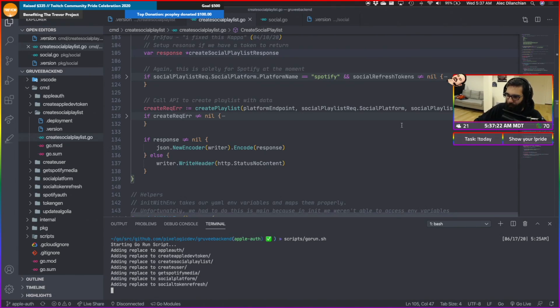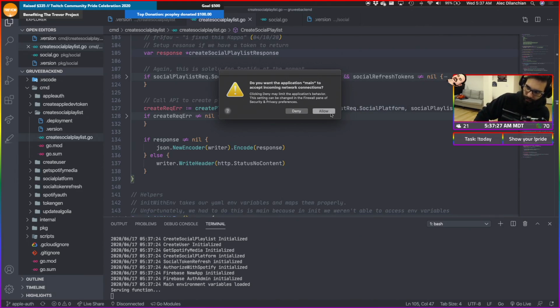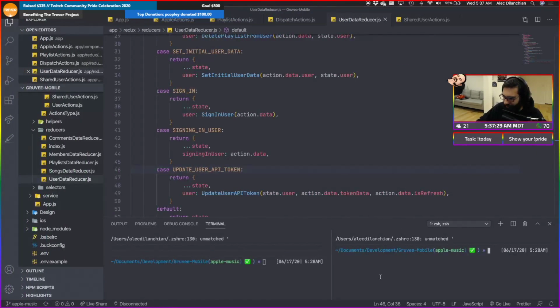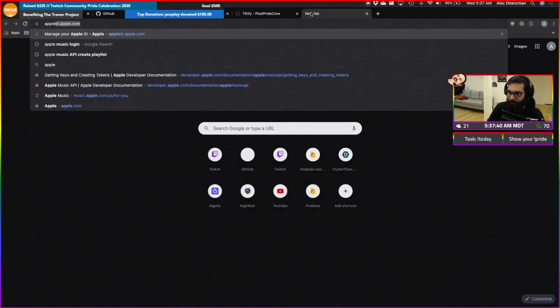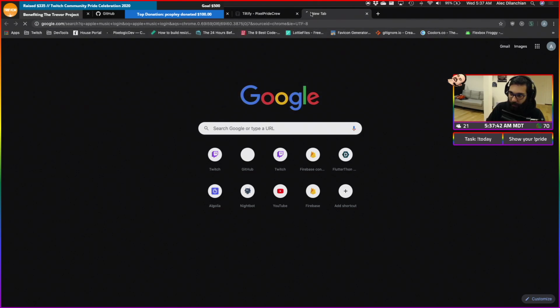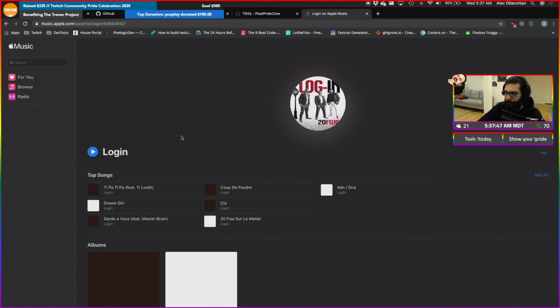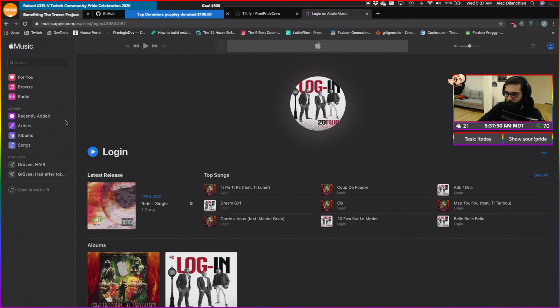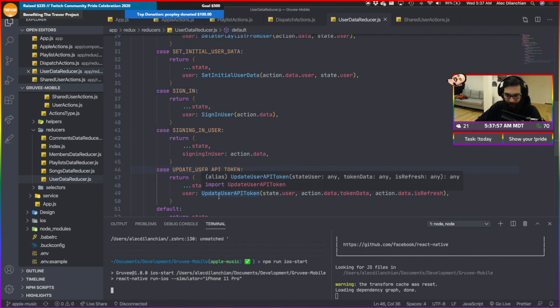All right, we're gonna go ahead and run our app real quick. Let's see where we left off at. More so, let's see if the app is still working. That's what I love to make sure things are still working before we get started. We're gonna go to Apple Music. Yeah, so we have our two playlists here, and we're gonna start up our iOS app.